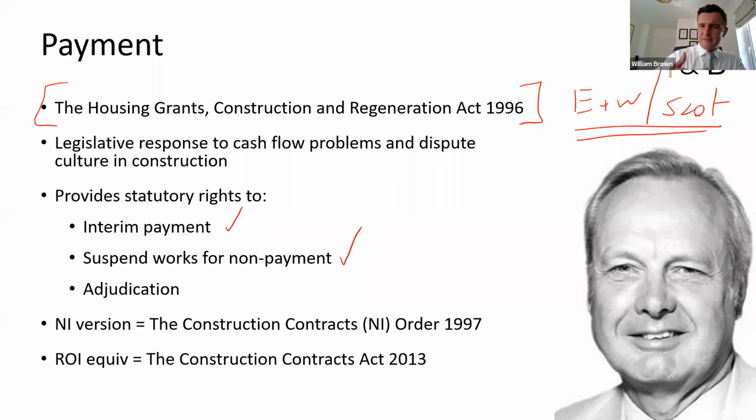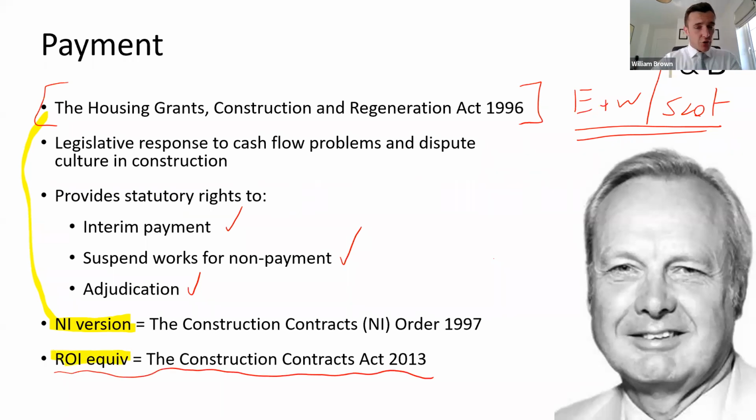been paid. Again, you have to give a notice, 7-day notice, that if you're not paid within those 7 days, you can walk. And adjudication, the right to that 28-day dispute resolution process that we'll cover at the end of this presentation. The right to get paid quickly is the emphasis behind the Housing Grants Act. If you are in Northern Ireland, we have a devolved version of that Housing Grants Act. It pretty much does exactly the same thing, but the clause numbers are slightly different. That's the only real difference. And that's the Construction Contracts Order of 1997. I mentioned at the start of the slides, if you are in Ireland, there is now an Irish equivalent of this.